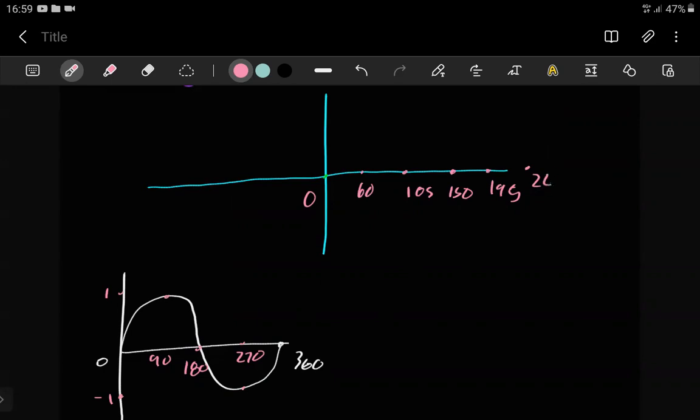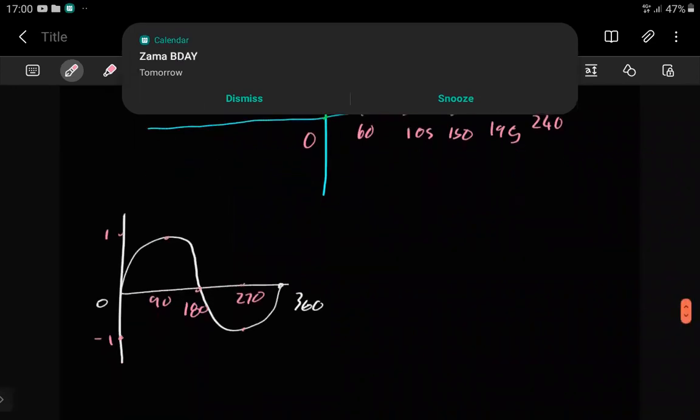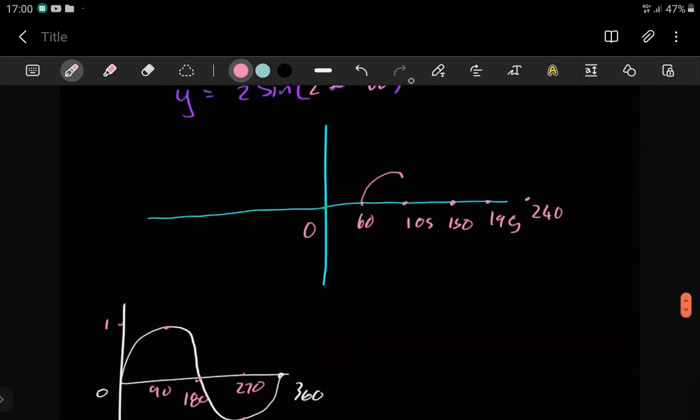What we already know is that between 60 and 240, you can already see that's 180 degrees, meaning we are going to see a full graph between that space. So instead of us drawing a picture that looks like this, we would need to take